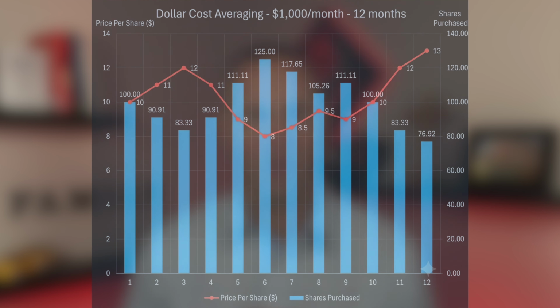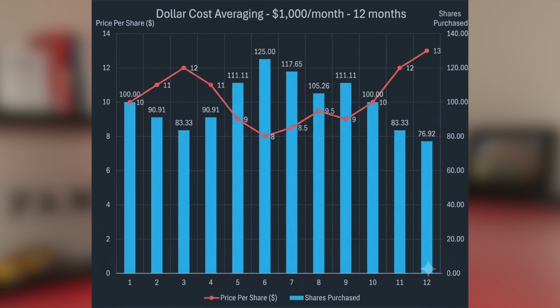With dollar cost averaging, when prices are higher, you're going to buy fewer shares. When prices are lower, you're going to buy more shares. And that's going to be the key: when you're buying those lower-priced shares over time, if you hit some of those, it can lower your average cost per share. So one example I want to talk through is let's assume you're investing $1,000 a month over a 12-month period. So over 12 months, you've invested $12,000.